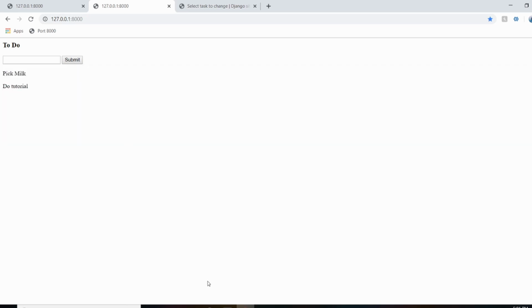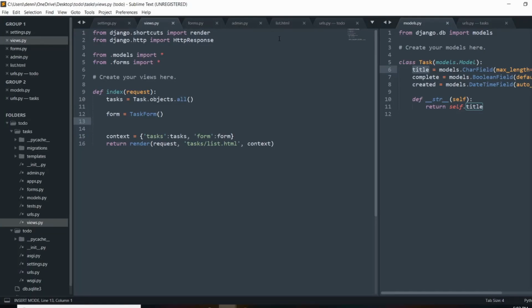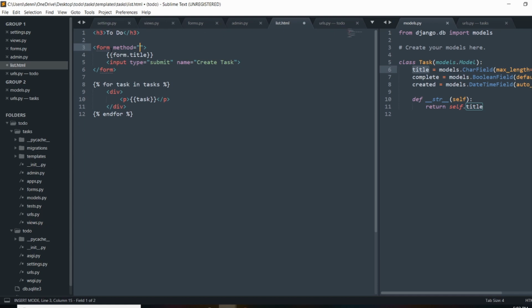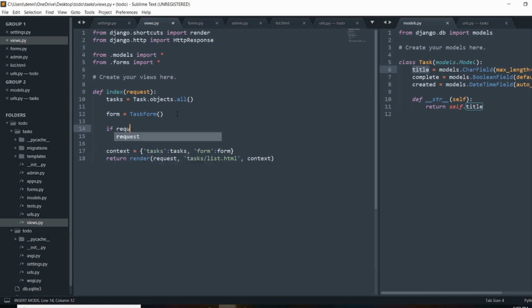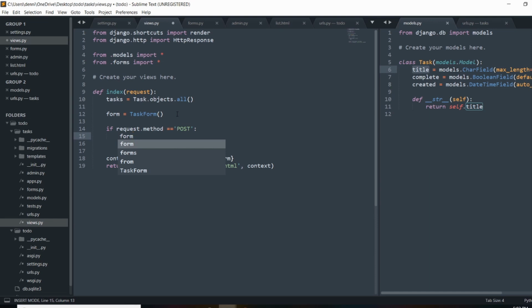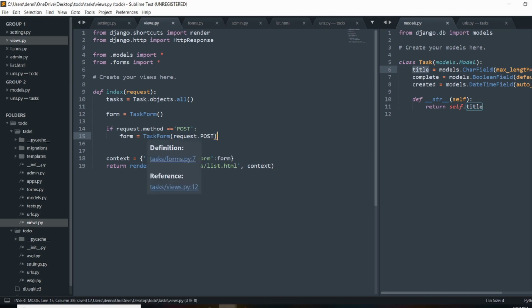So let's actually have this form create something. In our template, we first have to set the method to post, and the action is going to be the base URL path. Whatever we submit this form to, when we submit it, it's going to send us back to this view. So what we're going to say is, if request.method is equal to POST, we want to actually create something. So we're going to do form, and we'll use the same TaskForm here. This time we're going to pass in request.POST, and that value is now going to be passed in the form,